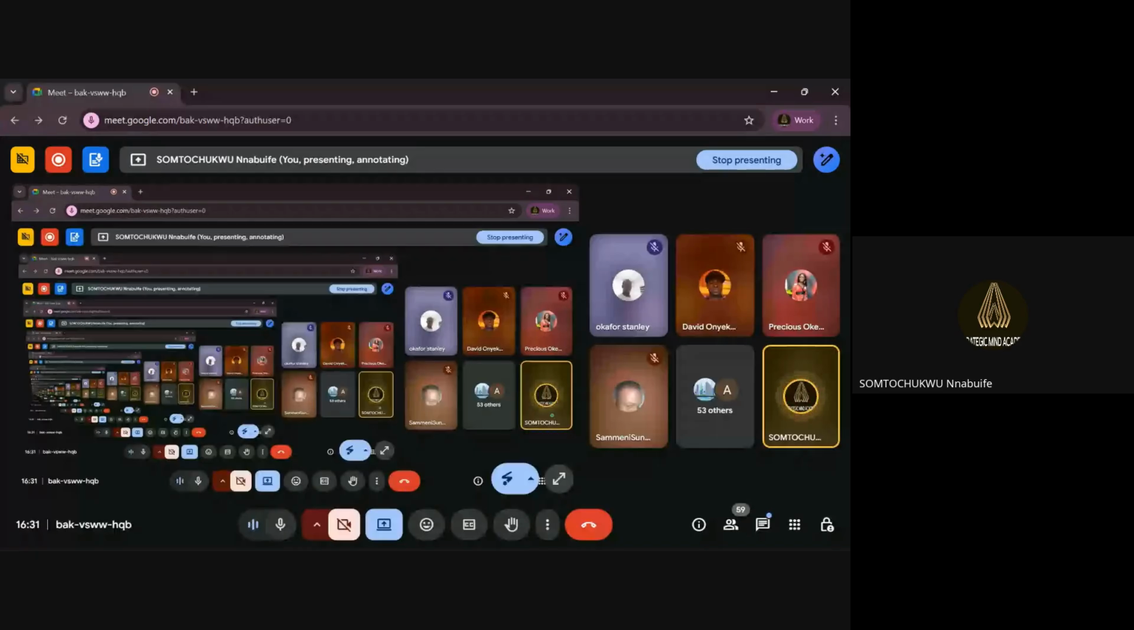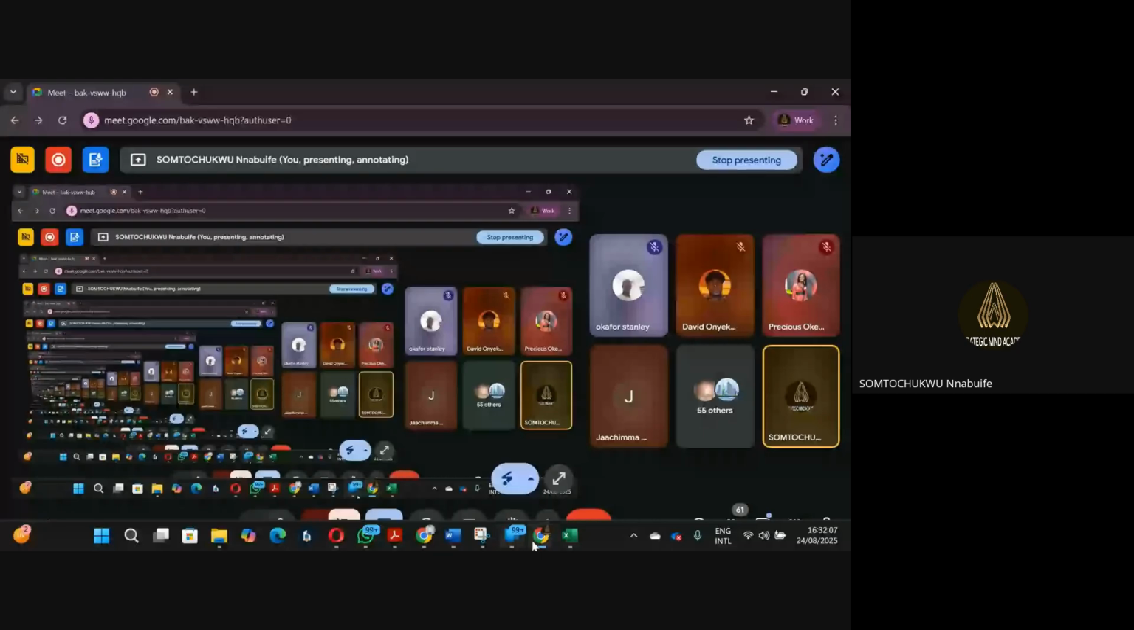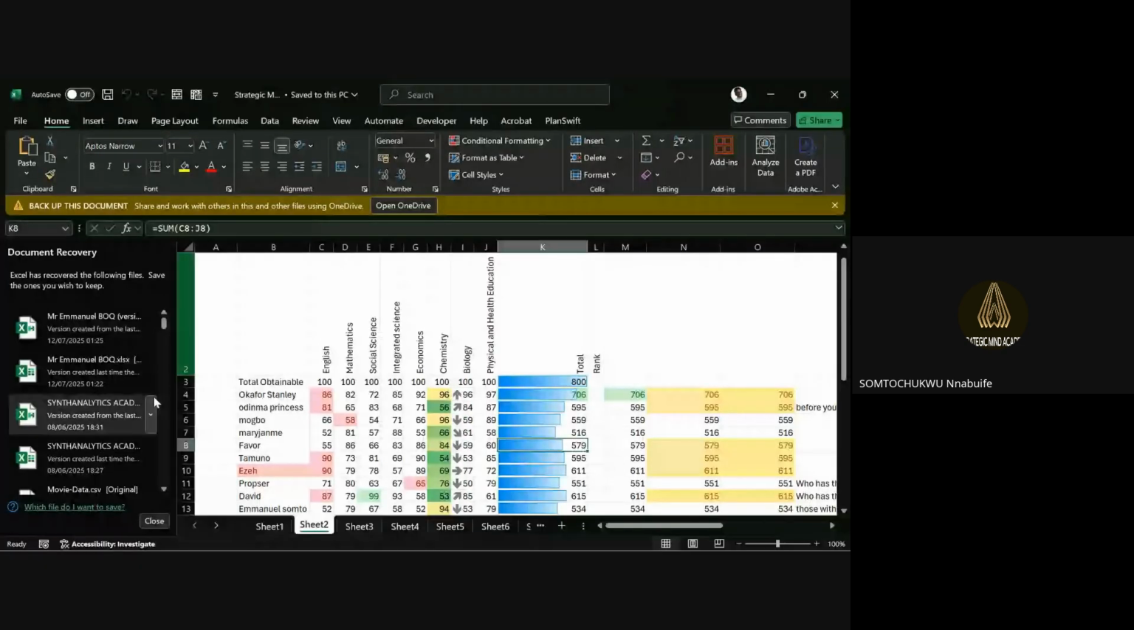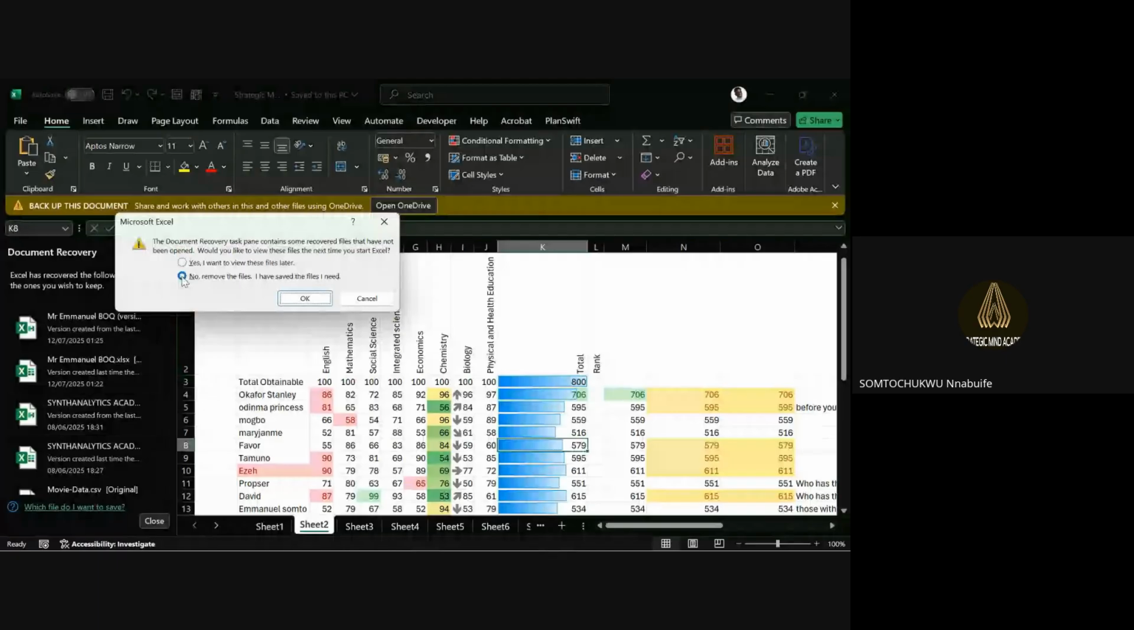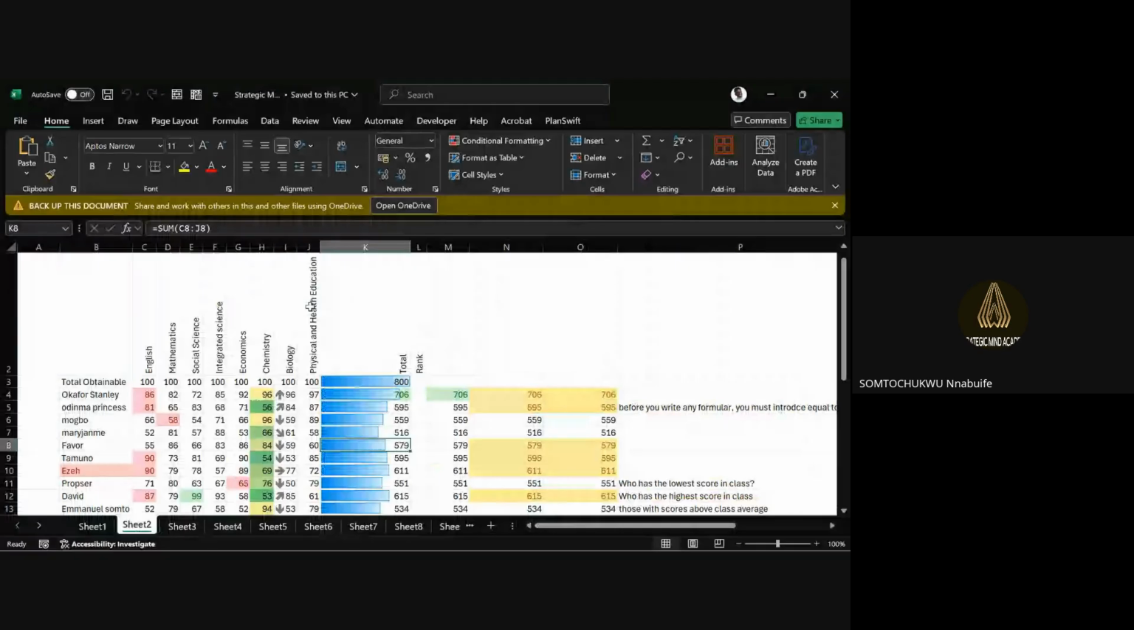We looked at how to do our basic calculation, our sum, our minimum, our maximum, and every other function on our Excel yesterday. That was what we did yesterday, and then we wrapped everything up with looking at conditional formatting on our